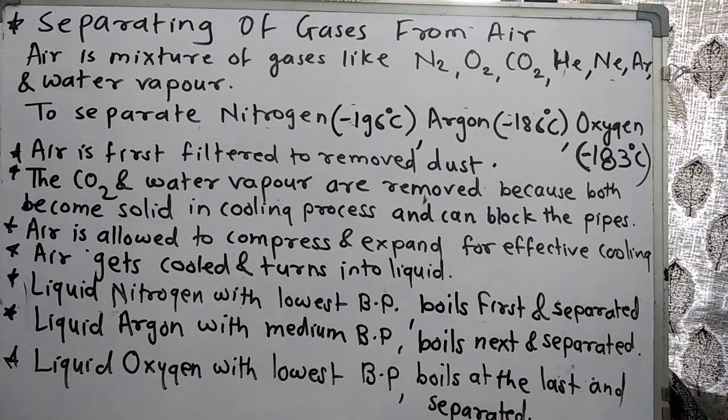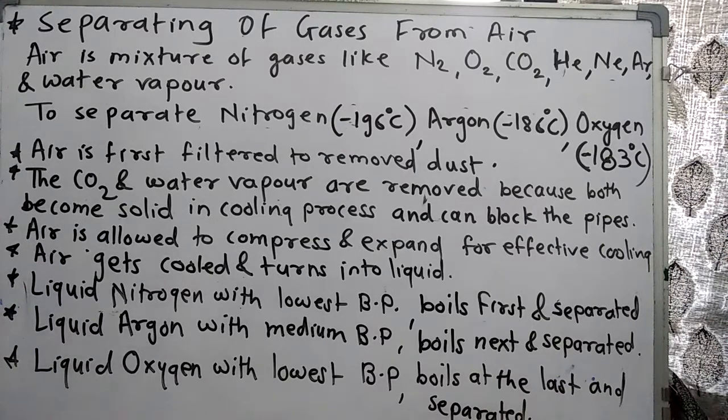Now see, if we study, these three gases are in the gaseous state at the normal temperature. These all are in the gaseous state. If we cool them, then they will get converted into the liquid state. So first thing is that we have to take them into the liquid state, and then we have to boil. Then they will go into the gaseous state.